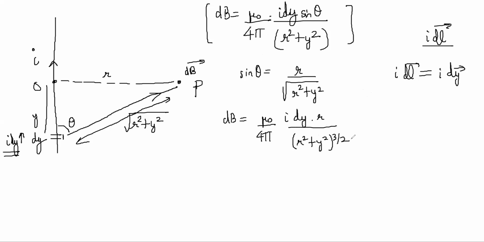Now you have to integrate it for a long wire. So integration will be for a long wire. What? At the first thing which you wrote, sir, I dy sin theta by something, right? Y square plus R square. I have to put that thing as R cube and ऊपर पे R vector था. Correct? So you just put R vector by R cube as R square. हाँ.